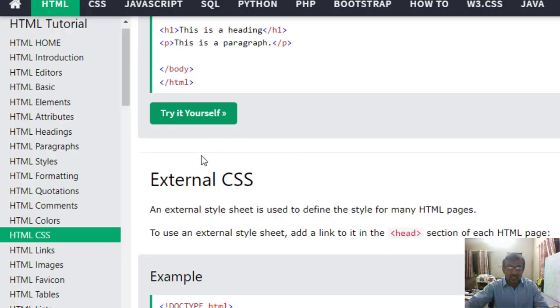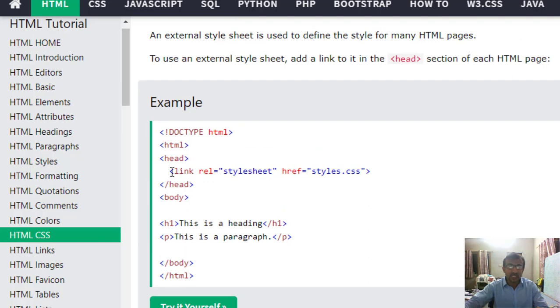Okay, in the last section there is an external CSS. An external style sheet is used to define the style for many HTML pages. To use an external style sheet, add a link to it in the head section of the HTML. It means first of all we will make a separate CSS file, and after that we will link that style sheet file, whose extension is .css, in the head section by giving this link